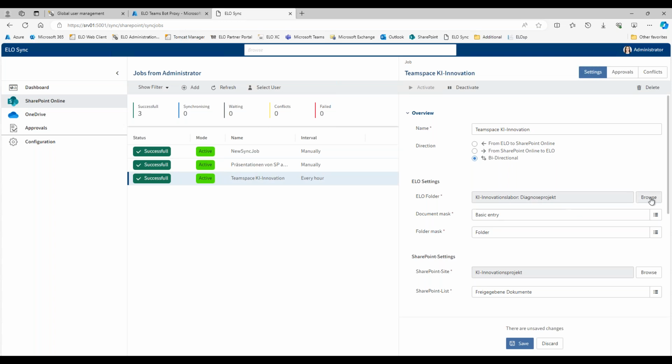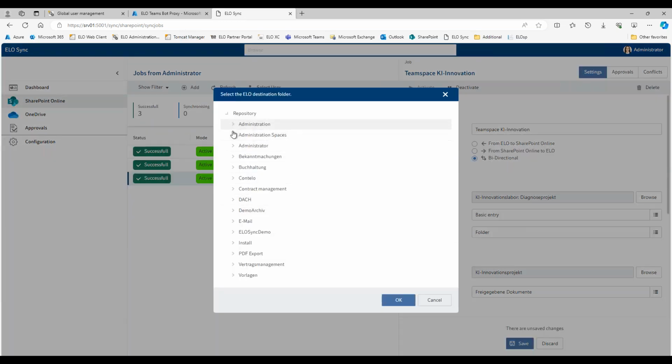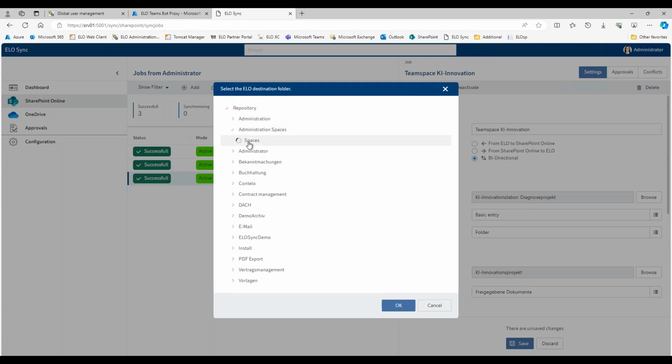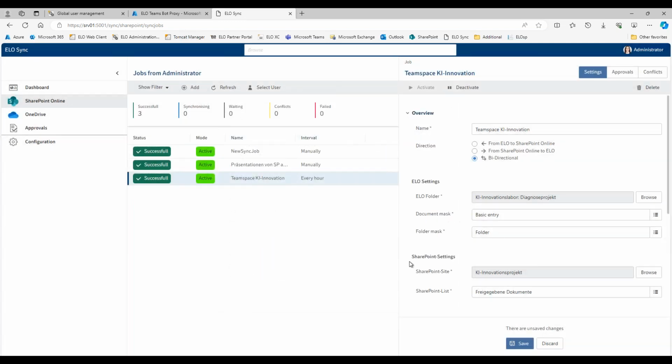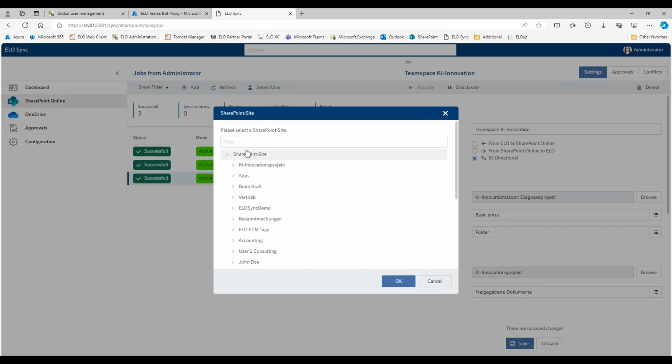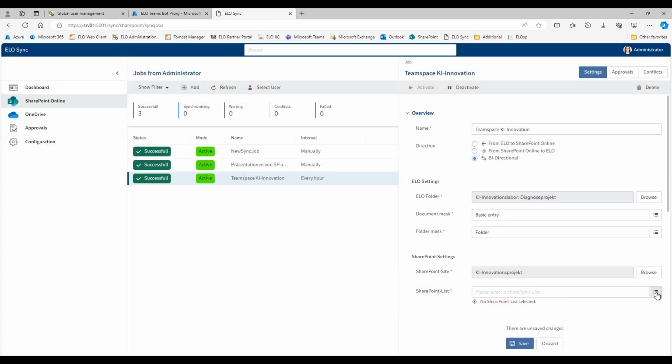and I choose the ELO folder, browse to all the ELO folders. Here, and the corresponding SharePoint site, which I want to synchronize. So there we have a list of all SharePoint sites. We can apply a filter here. I pick this one, pick the SharePoint list,